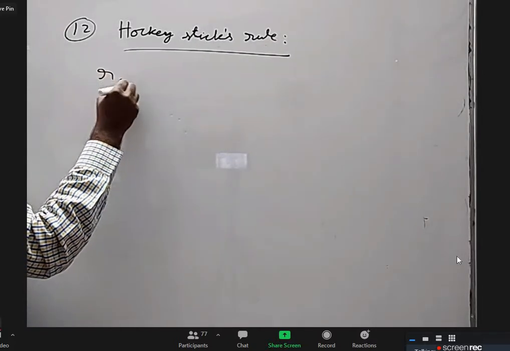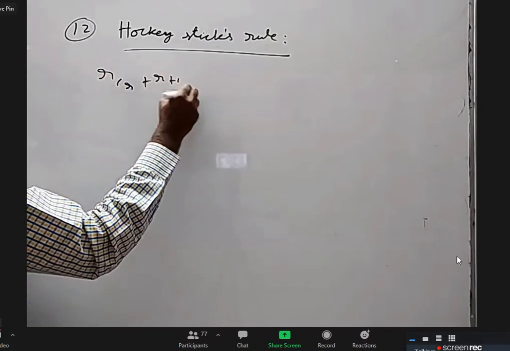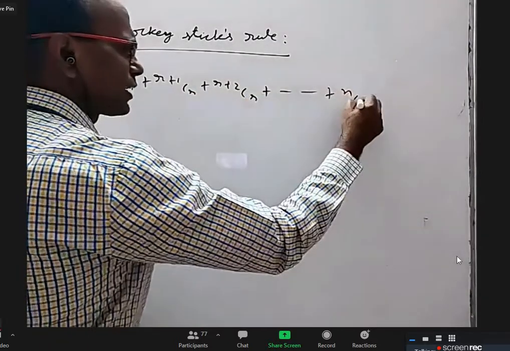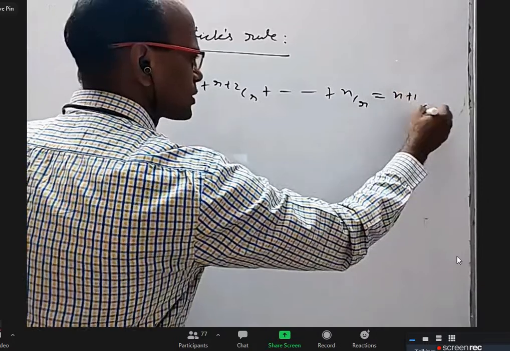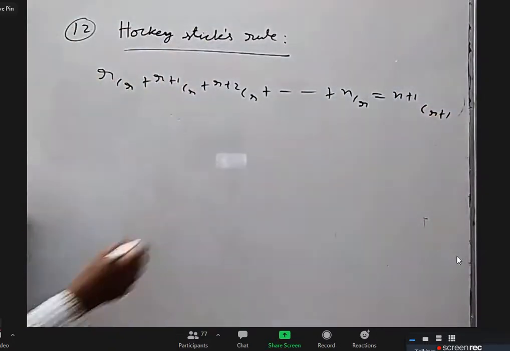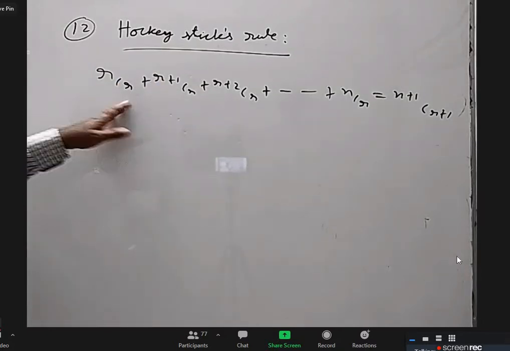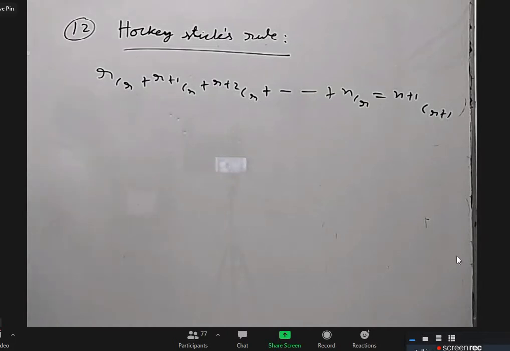I'll explain. RCR plus R plus 1 CR plus R plus 2 CR so on up to NCR is N plus 1 CR plus 1. Just now the previous question that we had done, based on that only the proof. I don't have to write the proof of this. There are many ways to prove this. At least I can tell you some 5 methods, but I don't want to tell now. I can tell you at the end of binomial theorem chapter or in permutation combination. But one proof all of you know. What is that one proof? How will you prove this?